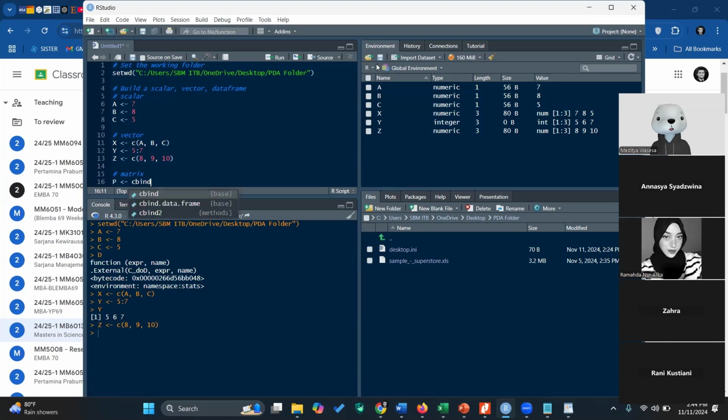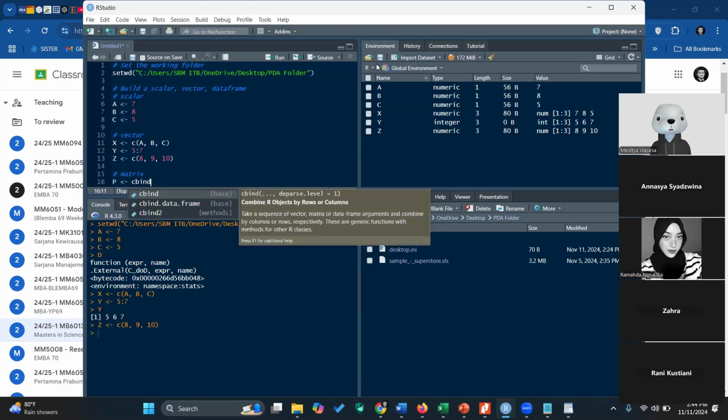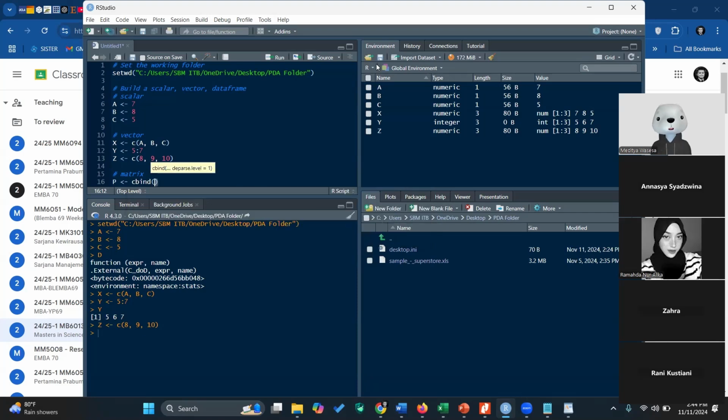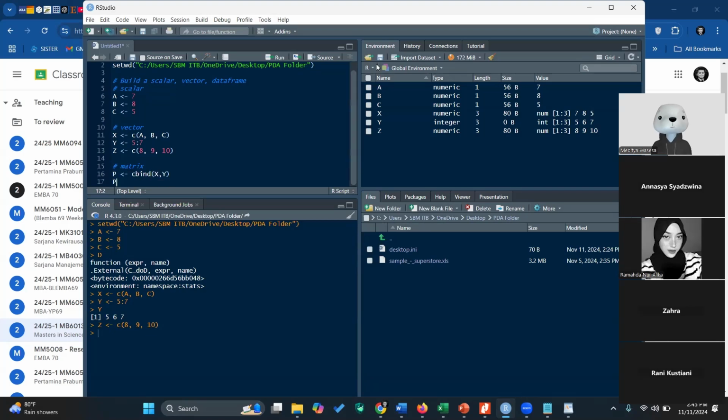Bind is like you tie it with raffia string. C bind, for example, matrix X with Y. For example, C bind X, Y. And if I run it again, P.